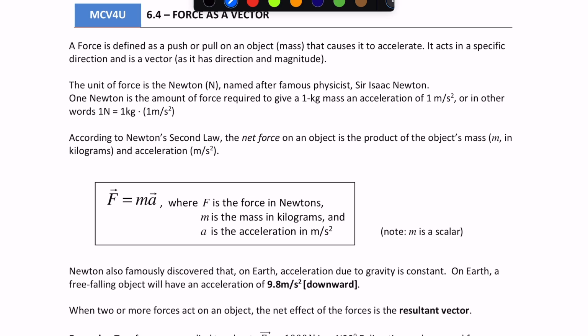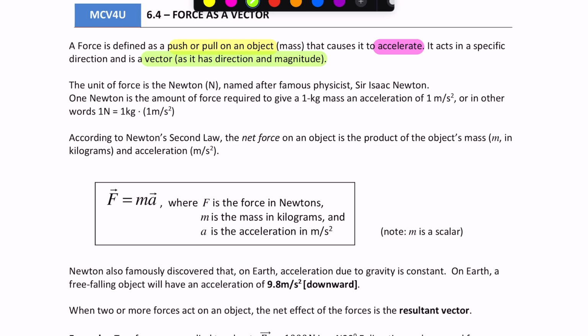So a force is defined as a push or pull on an object that causes it to accelerate. It acts in a specific direction and is a vector, which means that it has both direction and magnitude. The unit of force is Newton, which we represent using N, named after the famous physicist Sir Isaac